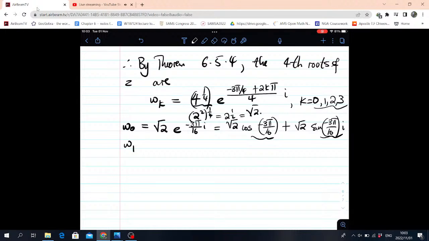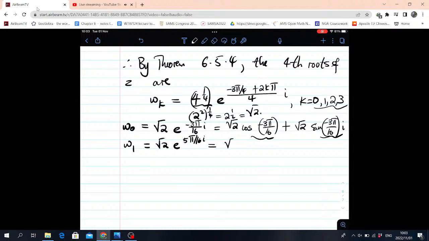And then w1 is going to be the square root of 2 e to the, so when k is equal to 1, we now have 2 pi. So if we say 2 pi minus 3 pi over 4, that is 8 pi minus 3 pi over 4, which is 5 pi over 4. So it becomes 5 pi over 16 i,